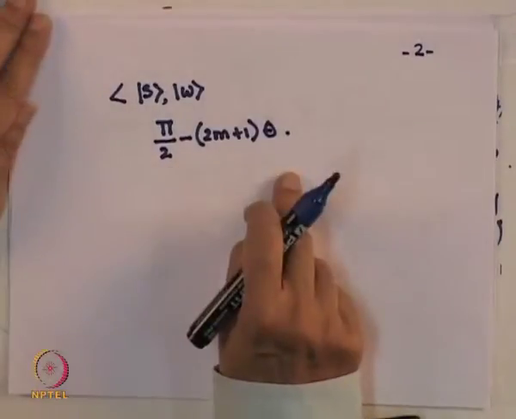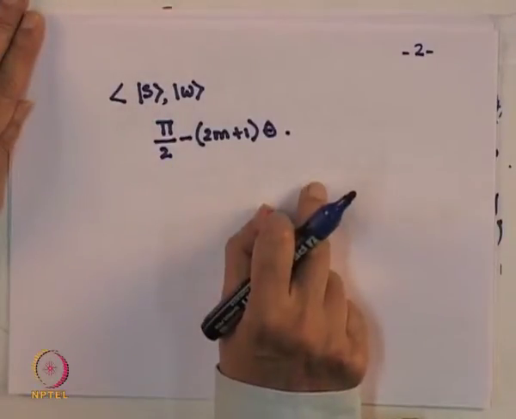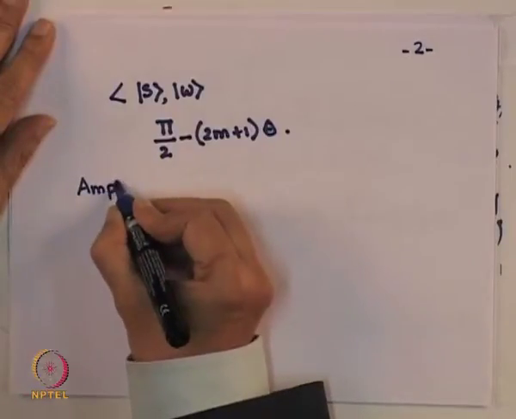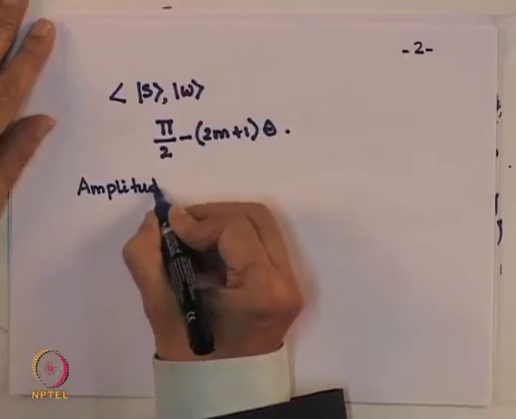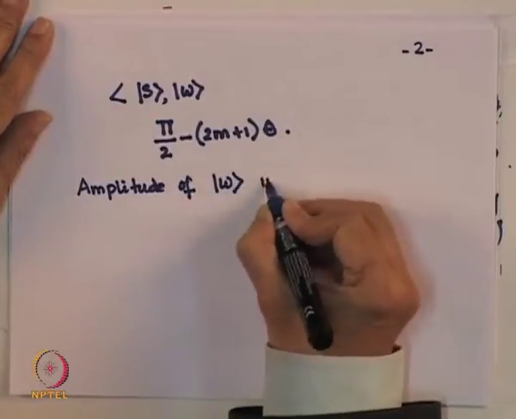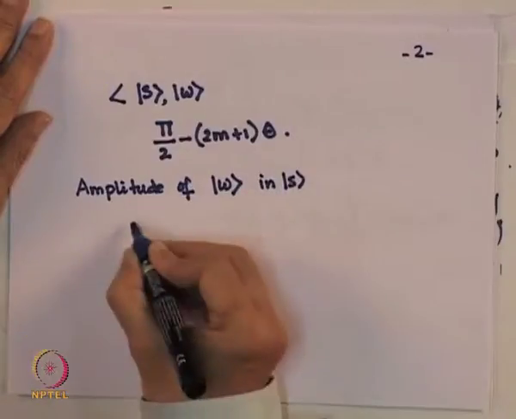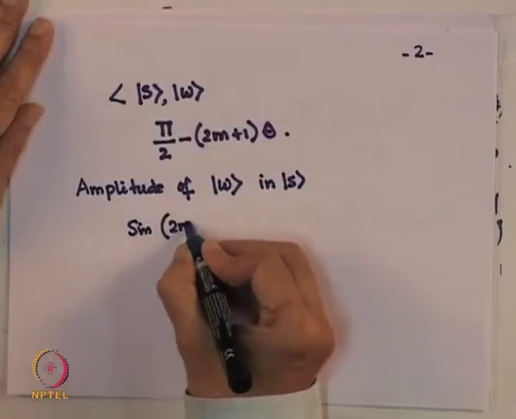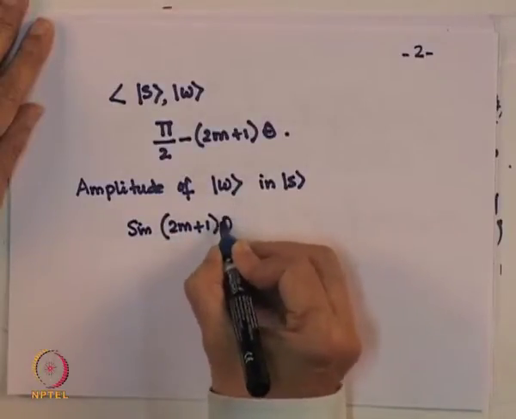So if this is the angle between S and W, the amplitude of W in S is sine of this quantity, (2m plus 1) theta,